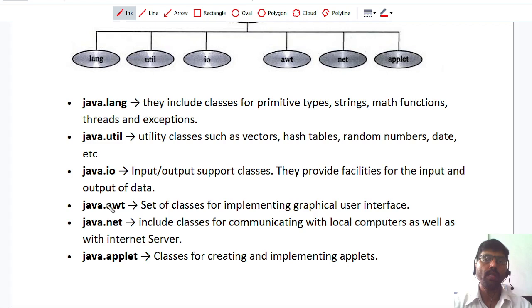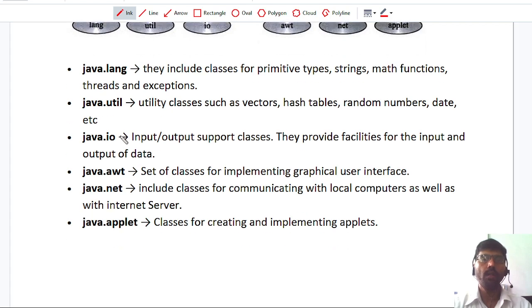The next package is called java.io. Whenever you are dealing with input as well as output operations, we have to use the classes provided in IO. IO means input and output. If I want to perform some input and output, I have to go to the IO package.